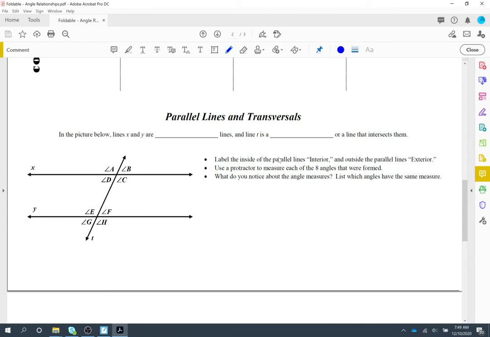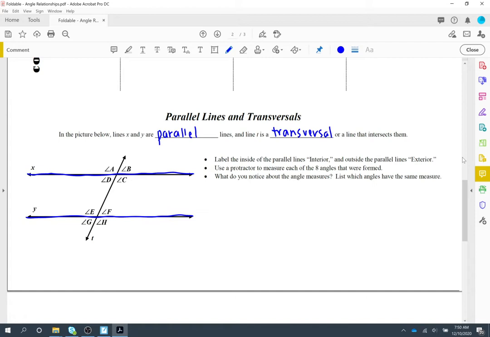It says in the picture below, lines X and Y are blank lines. So here's line X, here's line Y, and those are parallel lines. Now line T, the one that goes through them or intersects them, is a transversal. Now when this happens and you have 2 or 3 parallel lines cut by a transversal, we have some special